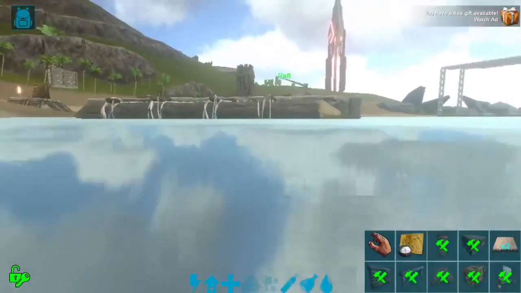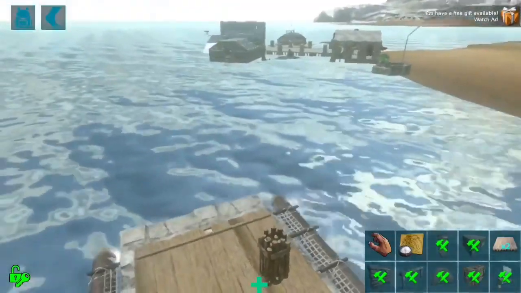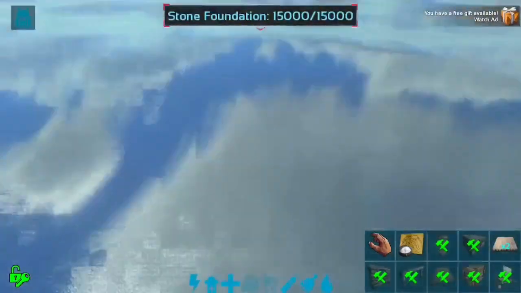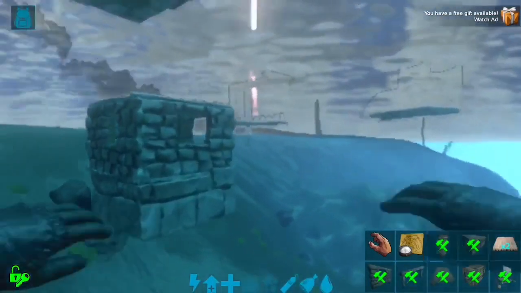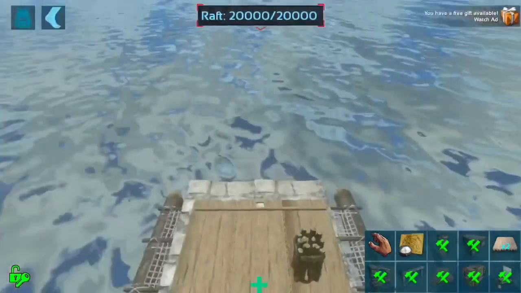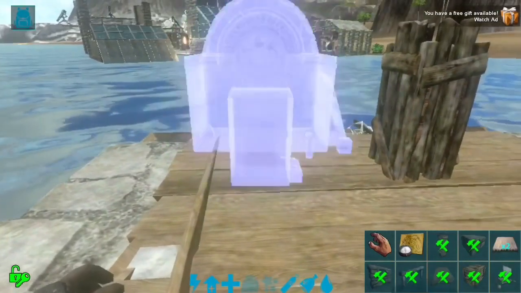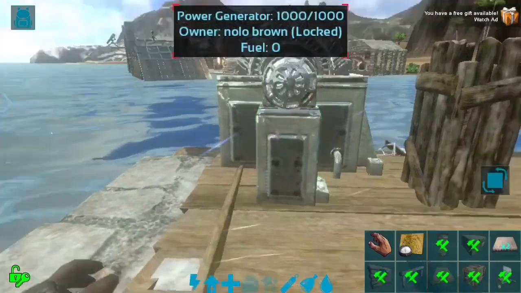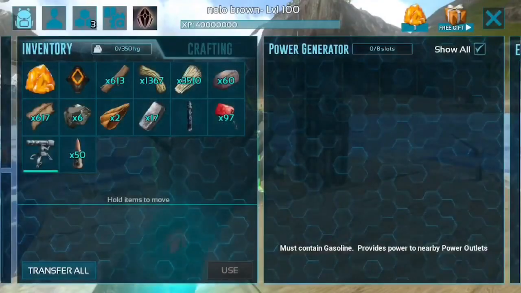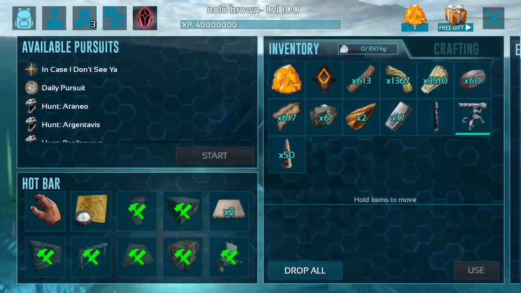Alright, so that's that. So another reason why you would want to do this is for this reason right here. So we built our little box down here to stash our stuff. But even if it was just the foundation, there's still one more thing I want to show you. So let's put it right here. Like I was saying, even if it was just the foundation itself,